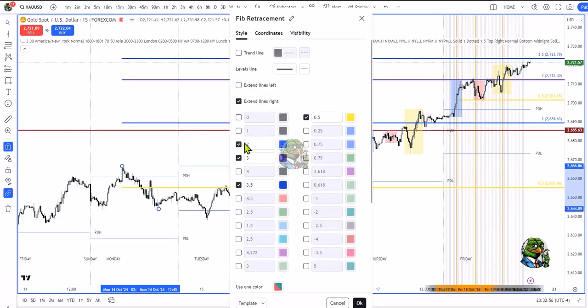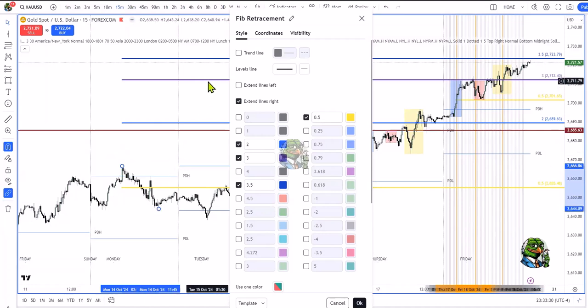This is a range expansion, basically a 100% range expansion of that move up from the high, which is that blue line there. That number 2 will do that. And if you're projecting high, then you need to put your mouse first on the high and then drag it down to the low, and that'll project up. Okay. If you put your mouse first on the low and then on the high as your second click, then that'll project low. Here, I've started my first click on the high, second click on the low, and so this